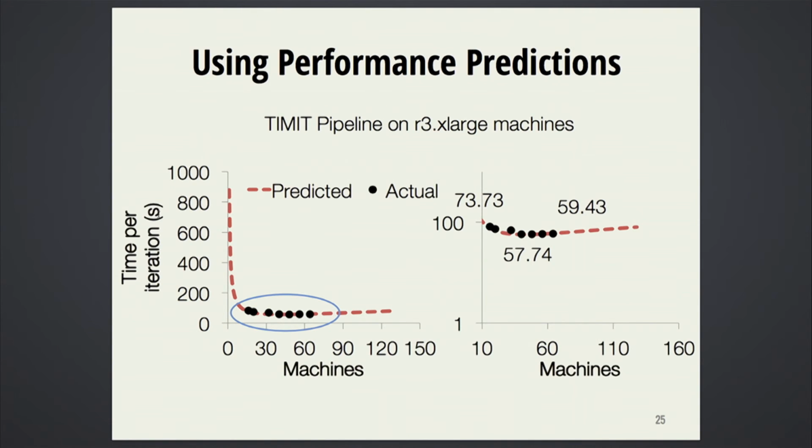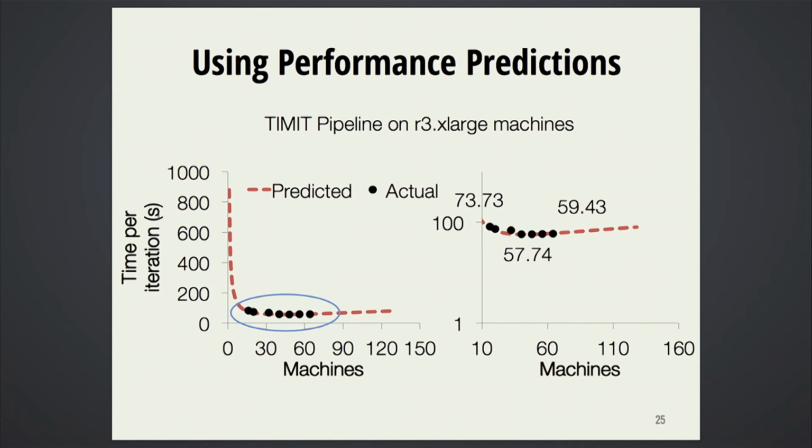And finally, we wanted to work through an example to show how the performance prediction is able to catch some non-intuitive behavior that you probably wouldn't expect. So with that Timit pipeline, when we scale it across a large number of machines, we see the scaling behavior sort of flatten out over time. And the model that was learned using up to 16 machines is shown in these red dotted lines here. It captures how and where the performance plateau happens.